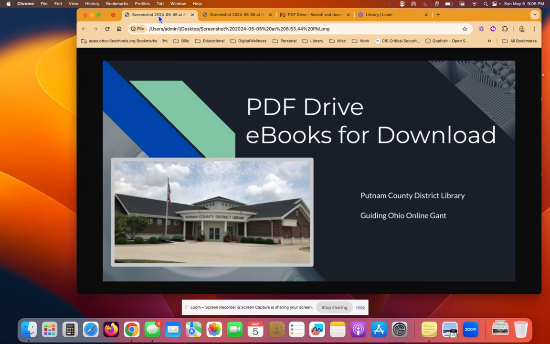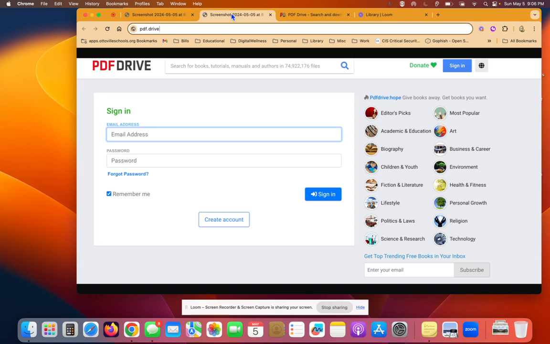This week we are going to take a look at PDFDrive. PDFDrive allows you to get ebooks for download. You can get ebooks from the library using Libby or Hoopla, but this is just another option of a possibility of where you could go on the web to find some ebooks. So what I've done here is on this first screen here, what you'll see is